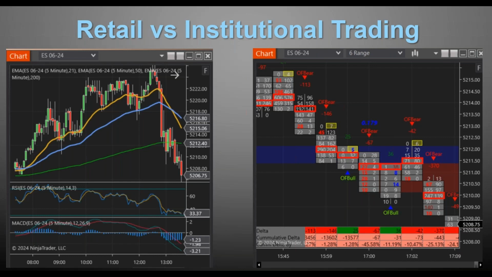We can see everything, but it's very fast moving. That's why it's very complex to read. But the biggest important thing I want to stress is that I can tell almost 95 to 96% of retail traders never even use Level 2